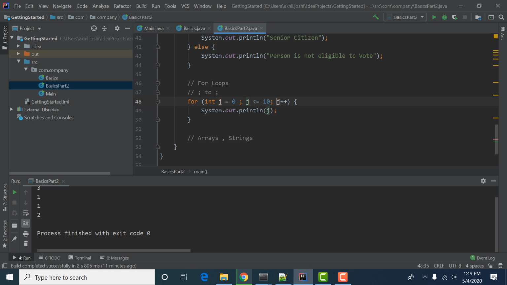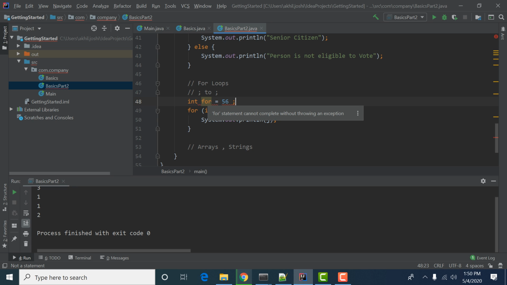So there are a few keywords in Java too that I think I left out. There are few keywords that we cannot use for our working condition. Like if I am using int for is equal to 6, for example, you will see this will give an error that the statement cannot be completed. Okay, so these things which are in yellow, we cannot use as names. I can use any name, like we have angry, or we have John. But there are few keywords that we cannot use. For example, I cannot use out.